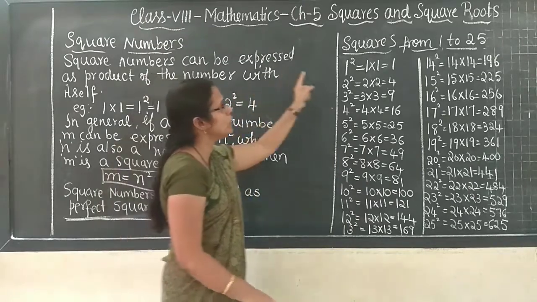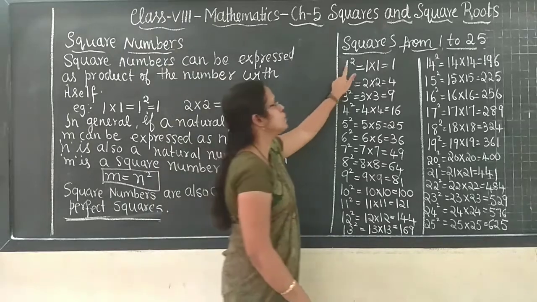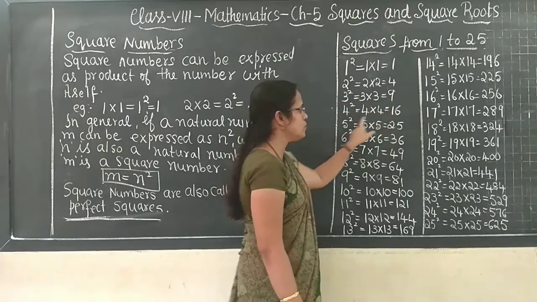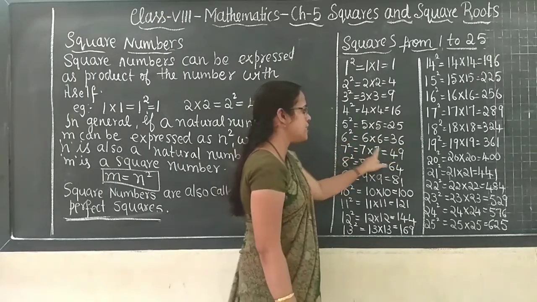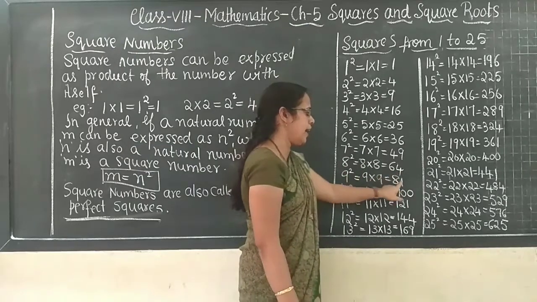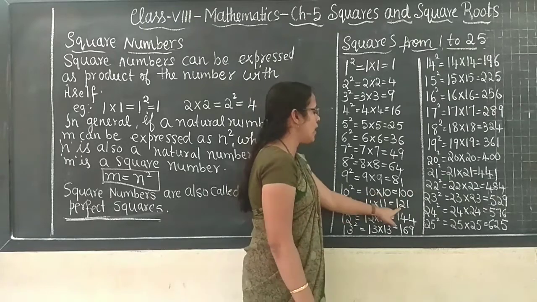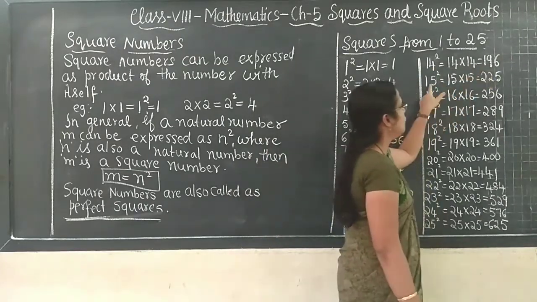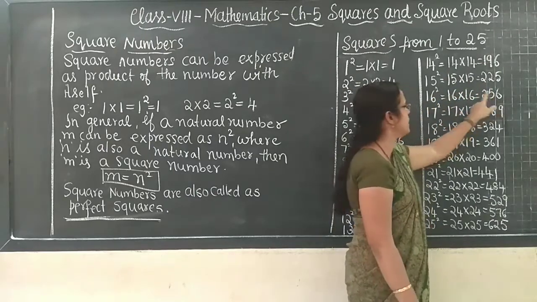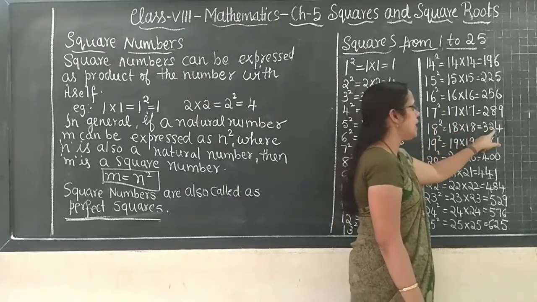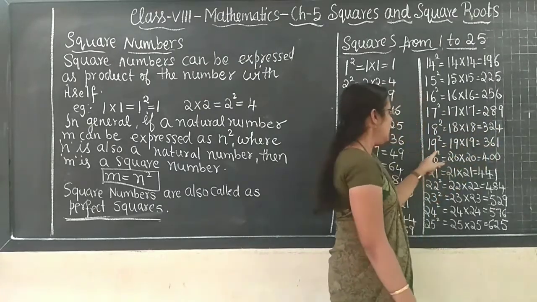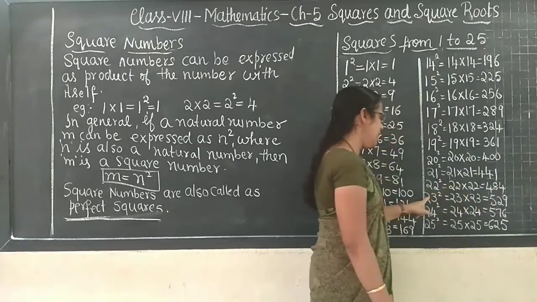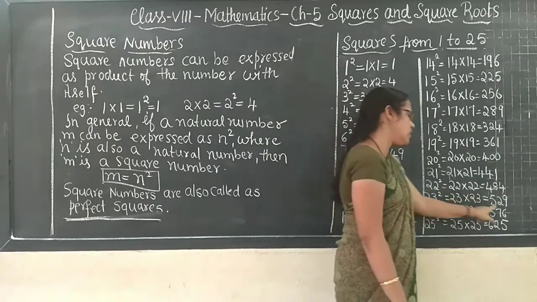Is it okay, children? So it is from 1 to 25 squares. Okay, so say everyone, 1 square is 1, 2 2s are 4, 3 3s are 9, 4 4s are 16, 5 5s are 25, 6 6s are 36, 7 7s are 49, 8 8s are 64, 9 9s are 81, 10 10s are 100, 11 11s are 121, 12 12s are 144, 13 13s are 169, 14 14s are 196, 15 15s are 225, 16 16s are 256, 17 17s are 289, 18 18s are 324, 19 19s are 361, 20 20s are 400, 21 21s are 441, 22 22s are 484, 23 23s are 529, 24 24s are 576,